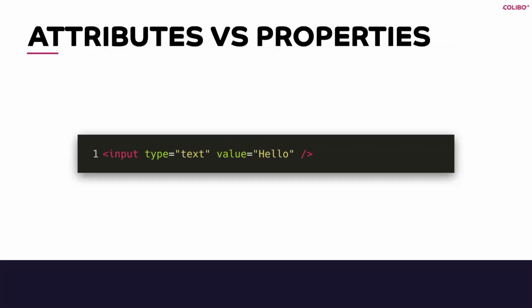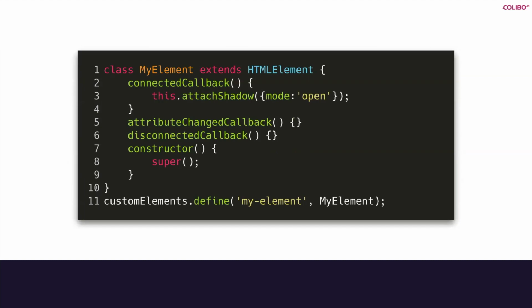And the reason why I talk about that is that you see here in the code example from before that there's a callback for whenever attributes change, and attributes in the DOM are different from properties. So it's not just properties on the element, it's actually a special thing where you can get a value from an attribute with specific methods for doing just that. If you want to just use regular properties, and I think you should for almost everything, since this is just a regular class, you can just use regular getters and setters to be notified whenever it changes or whenever somebody reads the value.